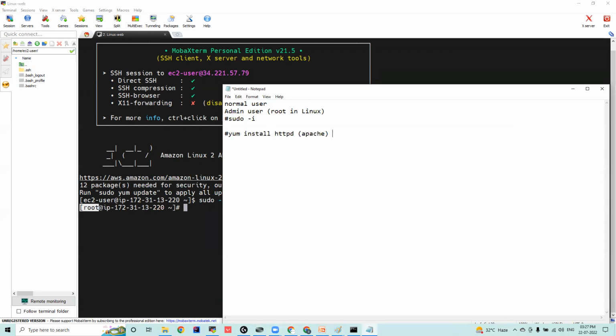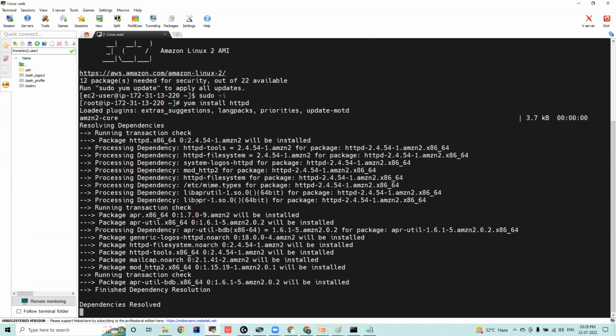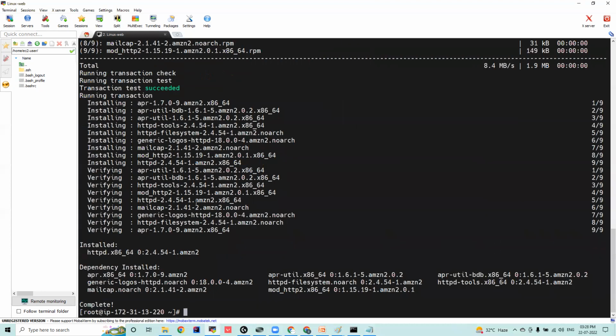What is this yum? Yum is a repository which will have all the common softwares required for Linux. That can be configured, but later I'll tell you the details of it. For now, yum is a repository. By using yum, we are installing httpd. This is what you need to understand. Yum install httpd. Since all the AWS machines have internet connectivity,